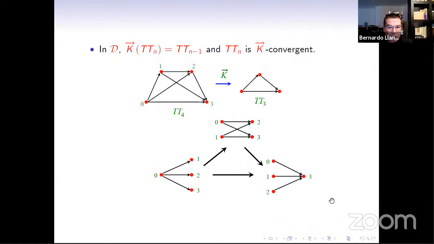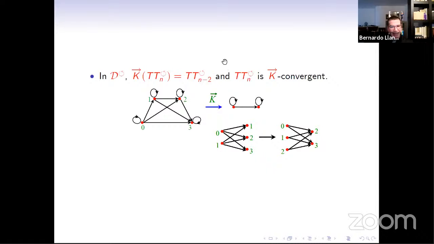this is the example. In the case here, this is the TT4, this is TT3. Here I pictured, I drew the dicyclics and how they relate. Look, this is an arrow, and then you have this one, and then you have TT2, whatever. In general, we have this. In the case you put